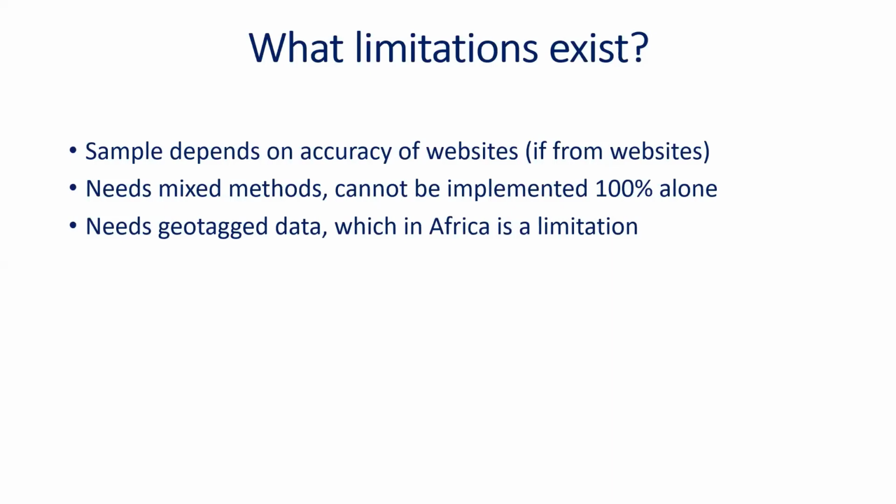And then it also needs geotagged data, because if you're going to link connections between, let's say, countries, or depending on why you need to use the social network analysis, you may need geotagged data, which you have come to find in Kenya is a limitation, because with the increase of concerns about the privacy of our social media accounts, most of us end up lying about where you are.